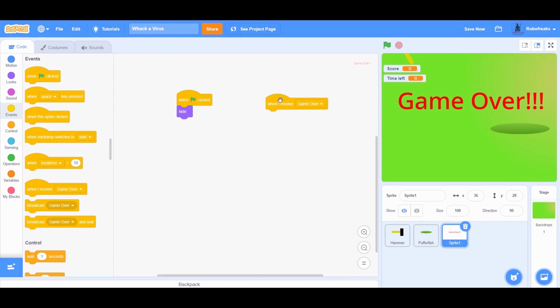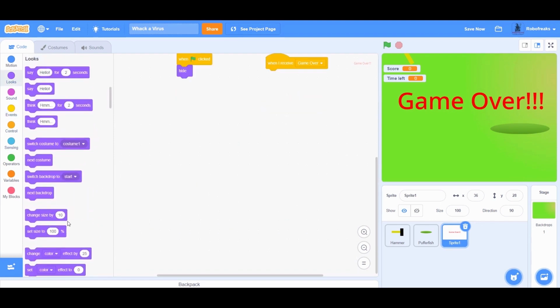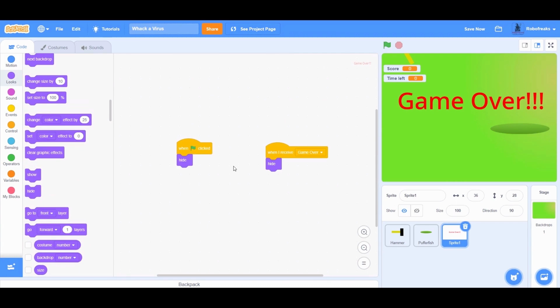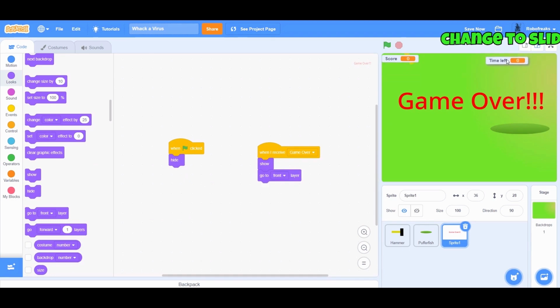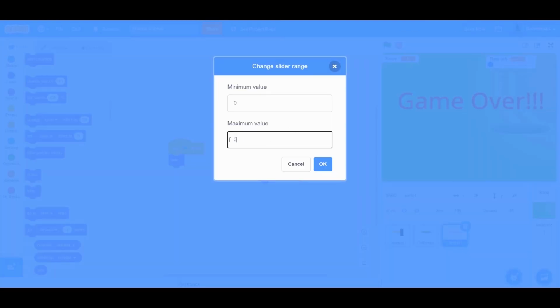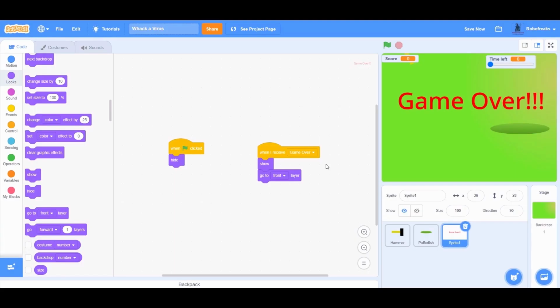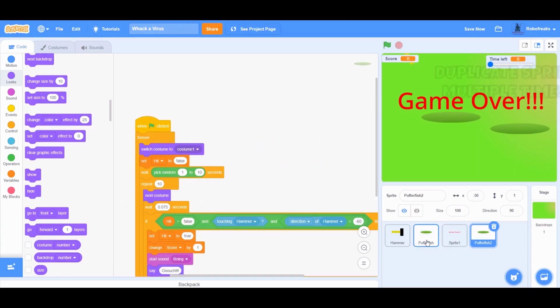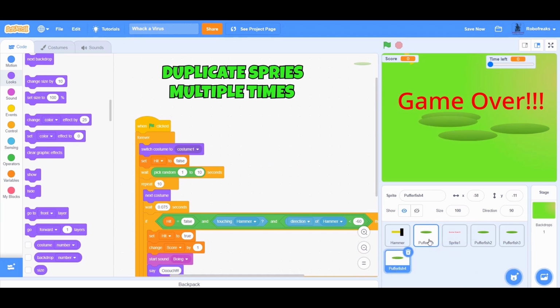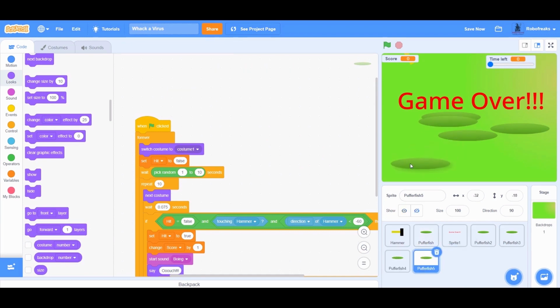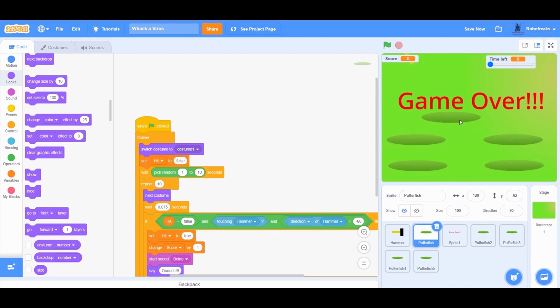And when it receives game over, show the sprite and bring it to front. Now to create multiple viruses, simply duplicate the sprite multiple times and arrange them properly. With this, our Whack a Virus game is over.